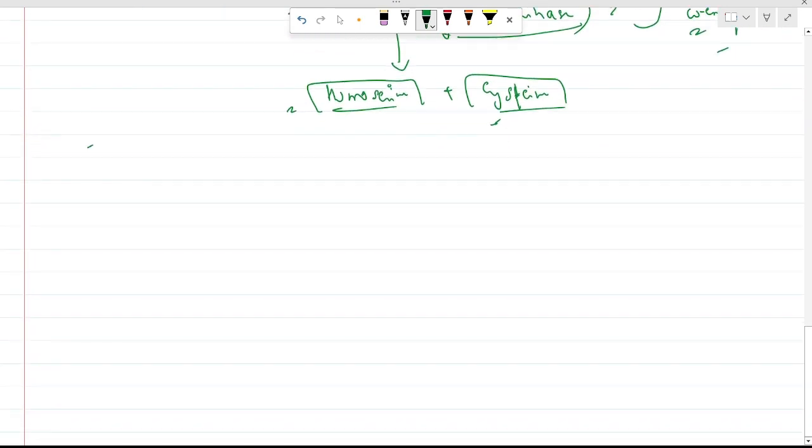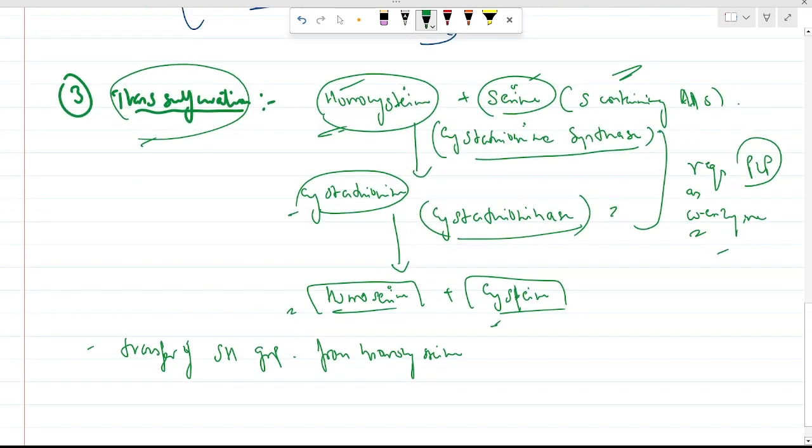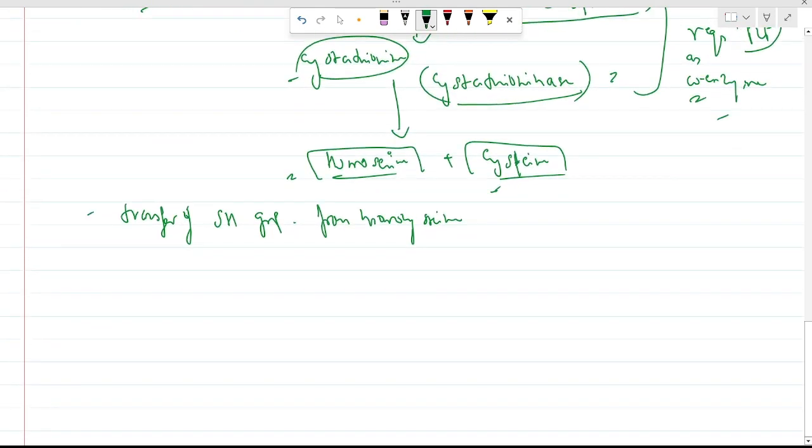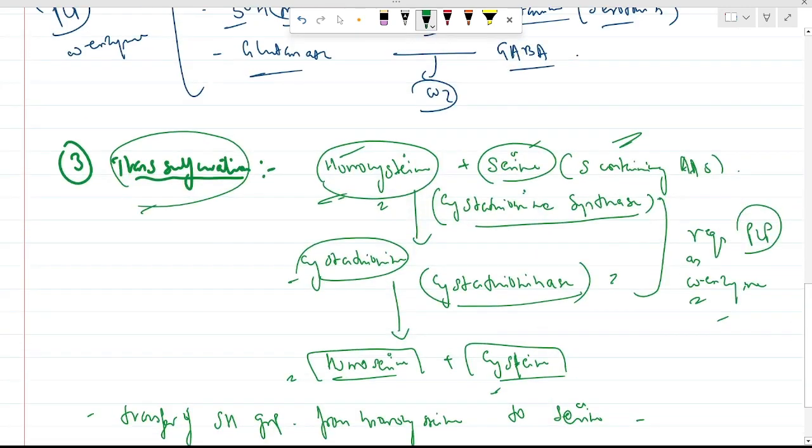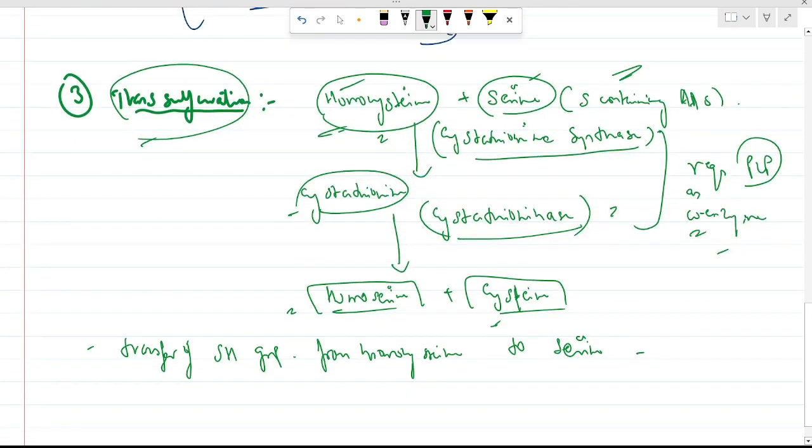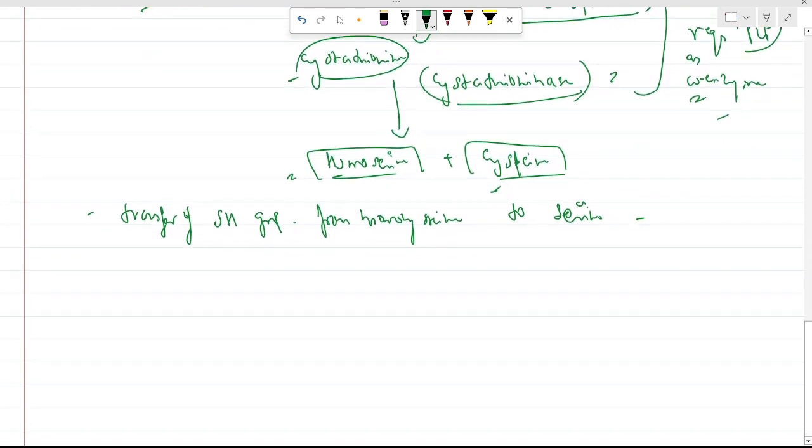Here what happens, there is transfer of this SH group from homocysteine, this original homocysteine, to serine, with which this homocysteine combines to serine, leading to